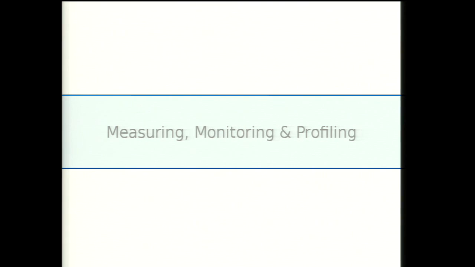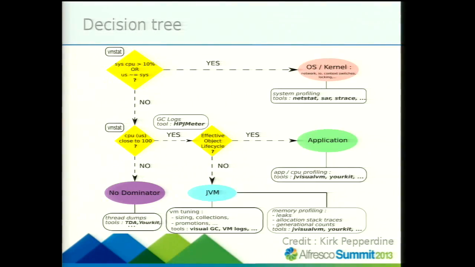We move now into the core of the presentation, which is going to be the section about how we can measure, how we can monitor, what tools to use in what situation, and basically the workflow that we just mentioned. So, does it show well? Okay. So that's basically what I would call the main decision tree